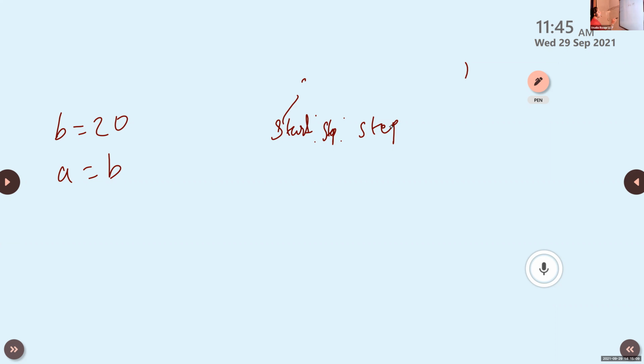Then if you want to print a list in reverse order, that is L1, just write this one also. If you want to display the content in reverse order, either if it is a string or a list, colon, colon, -1.